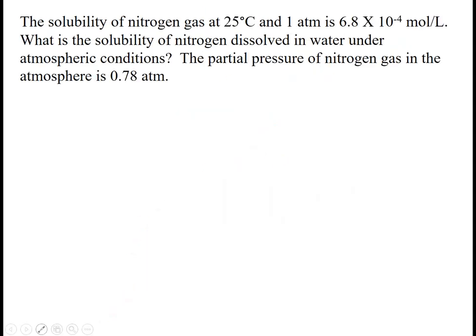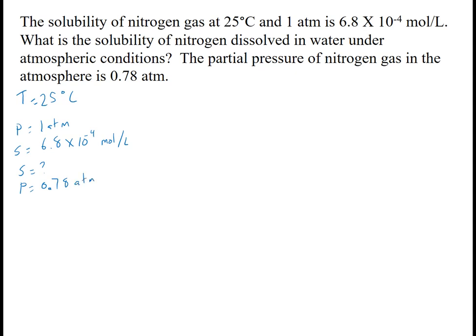So let's do a problem. And there's 2 ways to do this problem, so I'm going to pick 2 different colors here. Okay? So the solubility at 25 degrees, so we're going to start the same way. We're going to start writing out our information. I have a pressure of 1 atm, which is atmospheric pressure. And I have a solubility of 6.8 times 10 to the minus 4th. Like this one's actually moles per liter. I said it was moles per 100 milliliters, but it's moles per liter. It wants to know what is the solubility when the partial pressure is 0.778